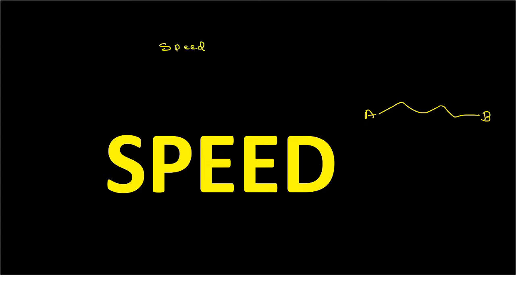Speed will be average speed. Here we are talking about average speed, which is the total distance with respect to the time, the total distance during the time. That is called average speed. Is that clear to all of you? So the total distance during the time is called average speed. I'm going to use the formula for solving the question.